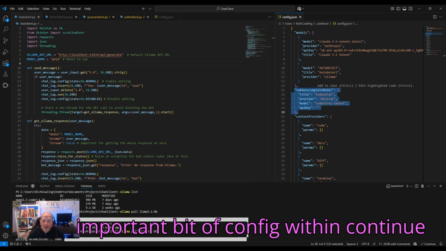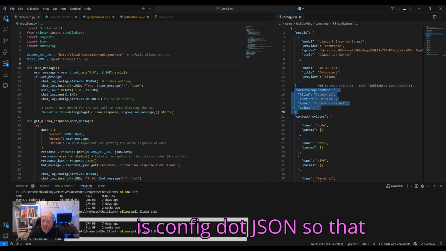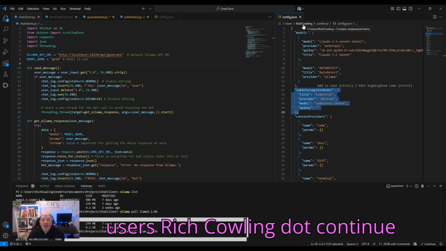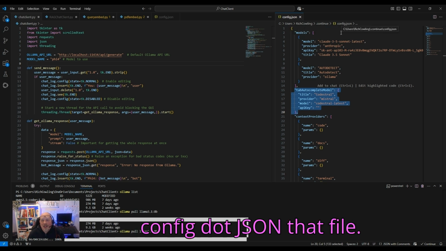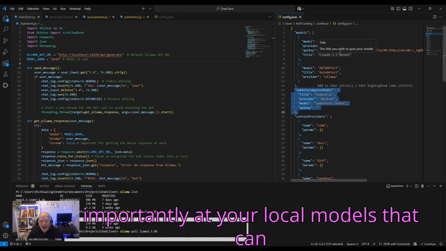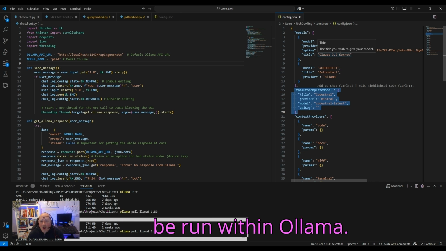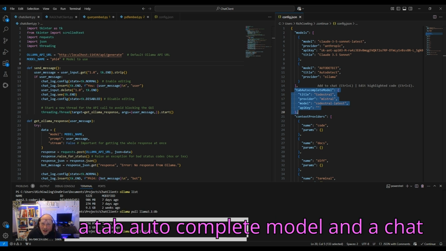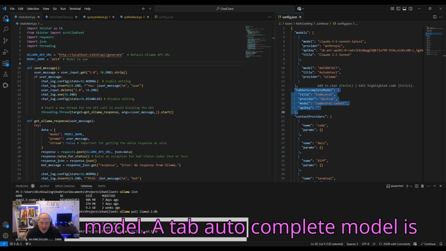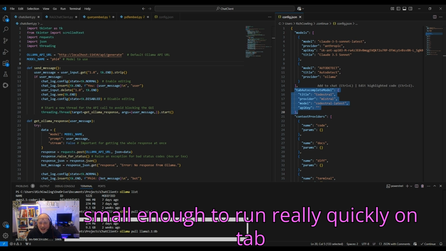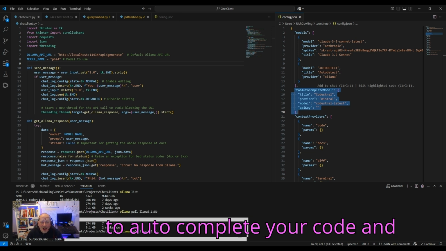So an important bit of config within Continue is config.json. That lives at your user profile. So in my case, Users, richcowling, .continue, config.json. That file points Continue at your models, and importantly at your local models that can be run within Ollama. There are two types of model you'll want: a tab autocomplete model and a chat model. A tab autocomplete model is going to have to be small enough to run really quickly on tab to autocomplete your code, and